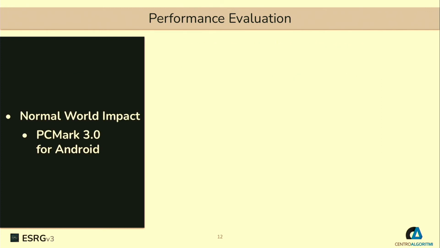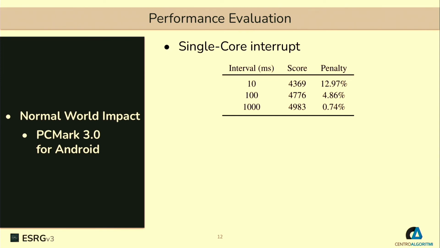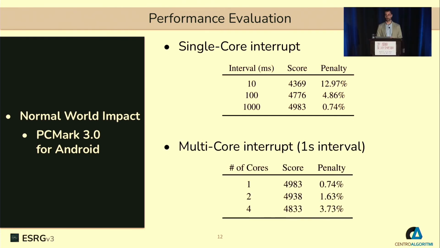The last piece of the performance evaluation is the impact on the normal world. For this, we evaluate the benchmark PCMark 3.0 for Android. And we test 2 scenarios. In the first scenario, we use 1 single core and interrupt the workload at high frequencies. And as you can see, the worst case for ReZone is when the frequency is at 10 milliseconds, causing an overhead of 13%. In the second scenario, we wanted to test a scenario where multiple cores try to execute a zone